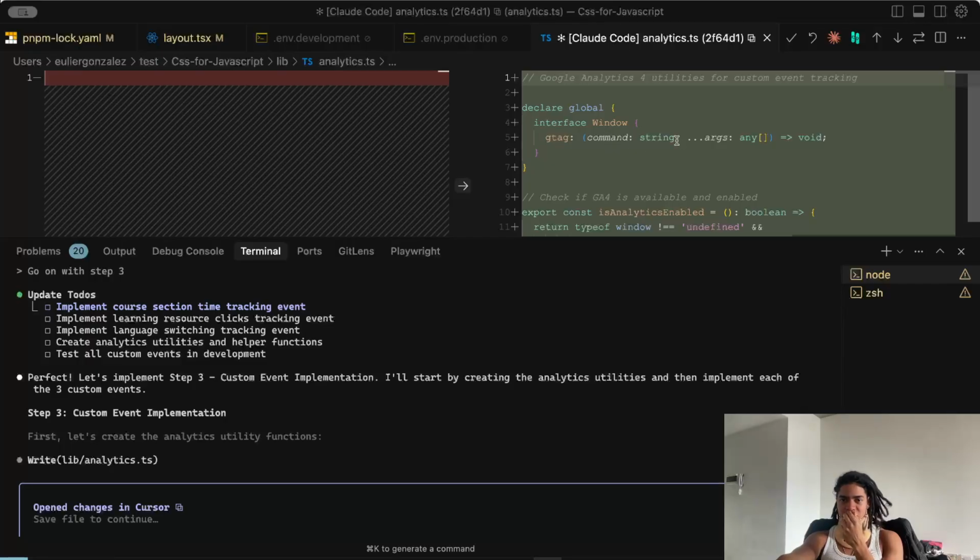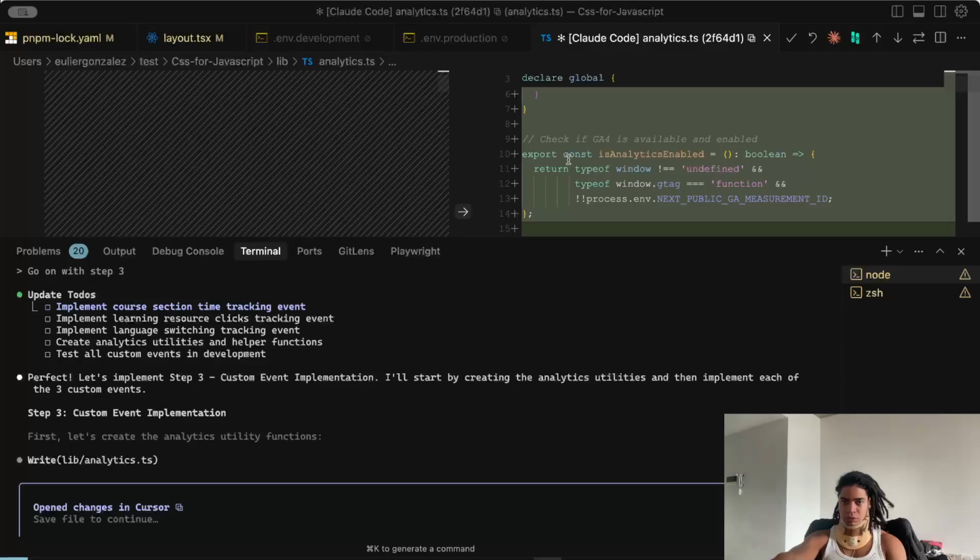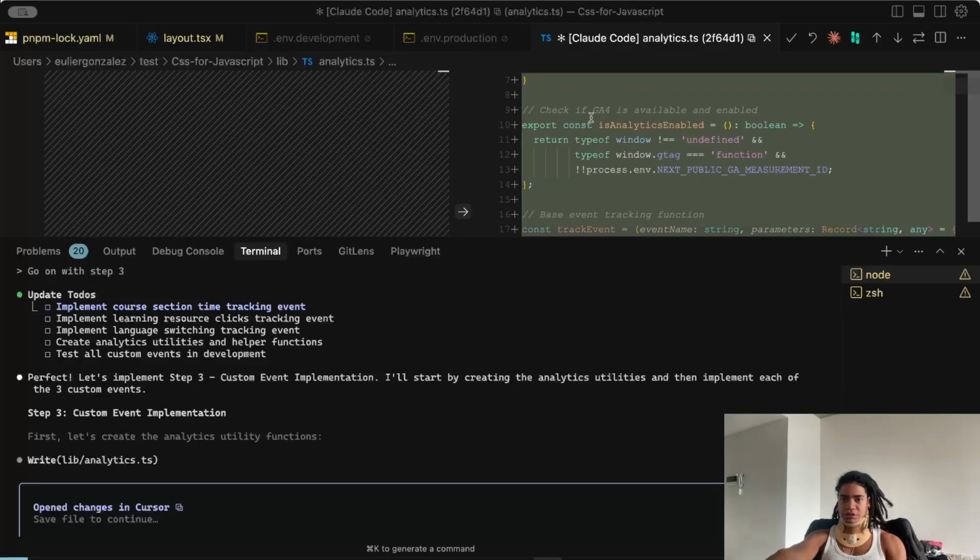Here it defines the utility where you say, let me declare now a global window interface called gtag, which is exactly what happened when we load that Google GA4. It will now append that variable into the global, and then you check if GA4 is available and enabled. It says, I want to check if the window is not defined, if the window is a function,